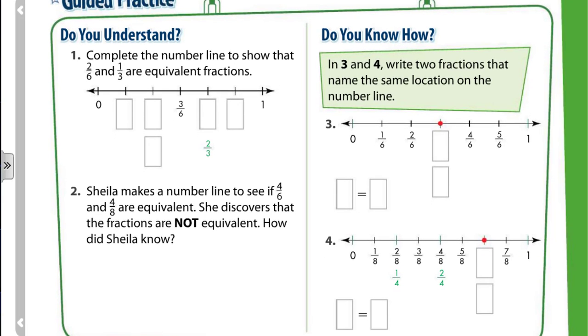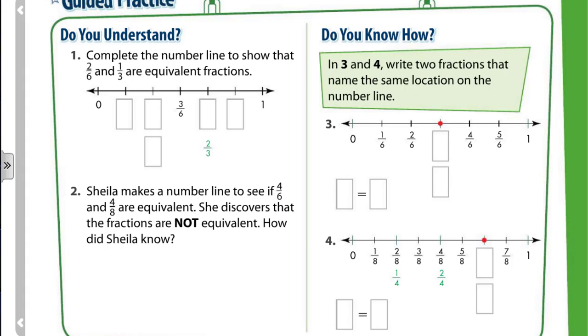We solved, of course, yesterday question number 3 and 4. I will remind you about what we did yesterday, and I will start first now with question number 1. In question number 1, my heroes, complete the number line to show that 2 sixths and 1/3 are equivalent fractions. So we need to